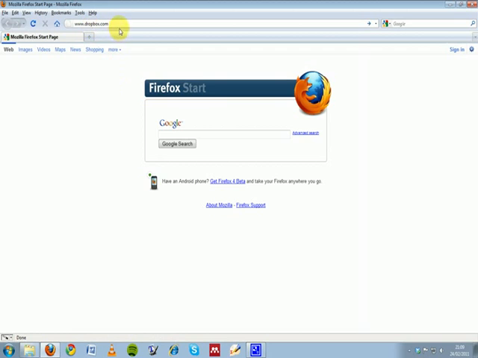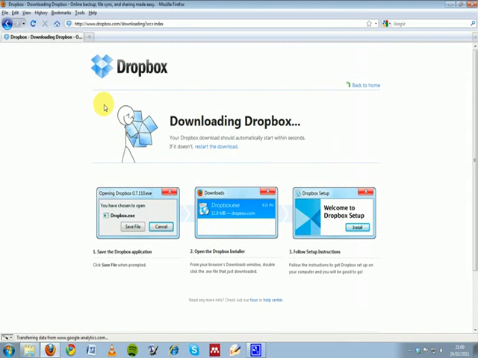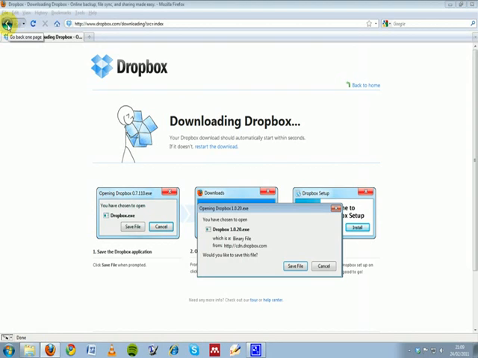So the first thing we want to do is to go on to www.dropbox.com, and you'll see it here. And Dropbox works on Windows and Mac and Linux, and also on mobile phones. And you download the Dropbox client by clicking here, and once you download it, just as normal for a Windows program, I'm just going to save it,